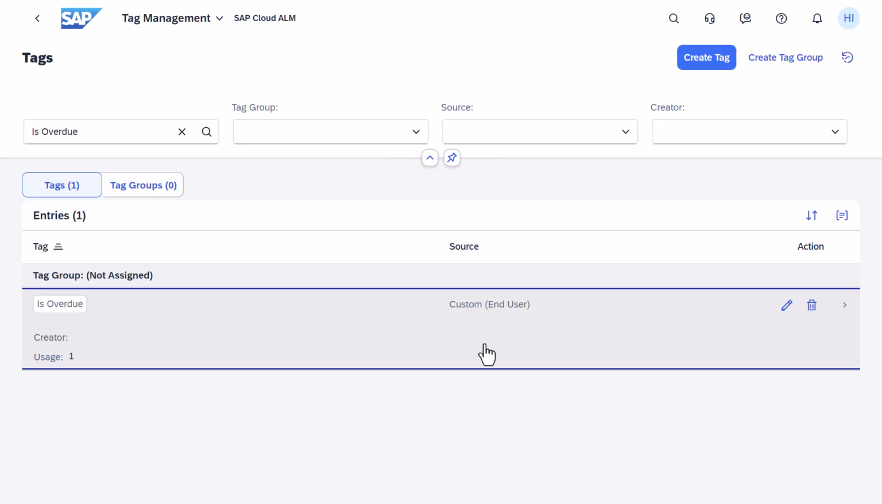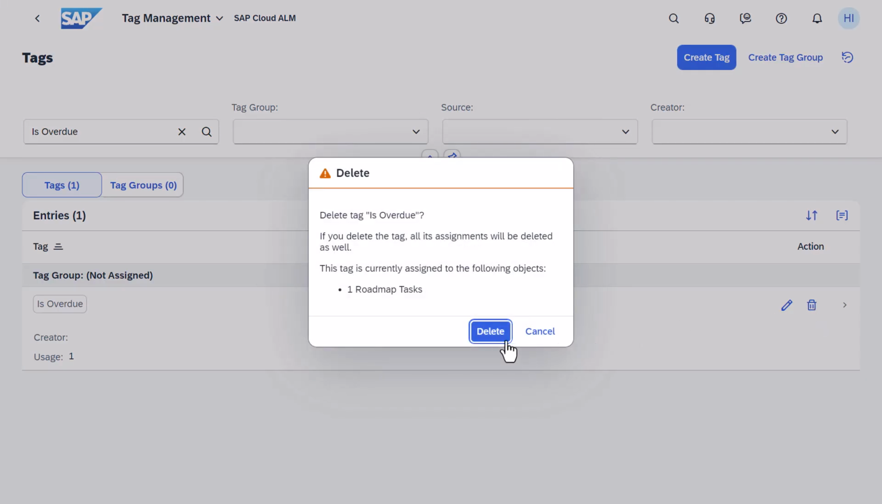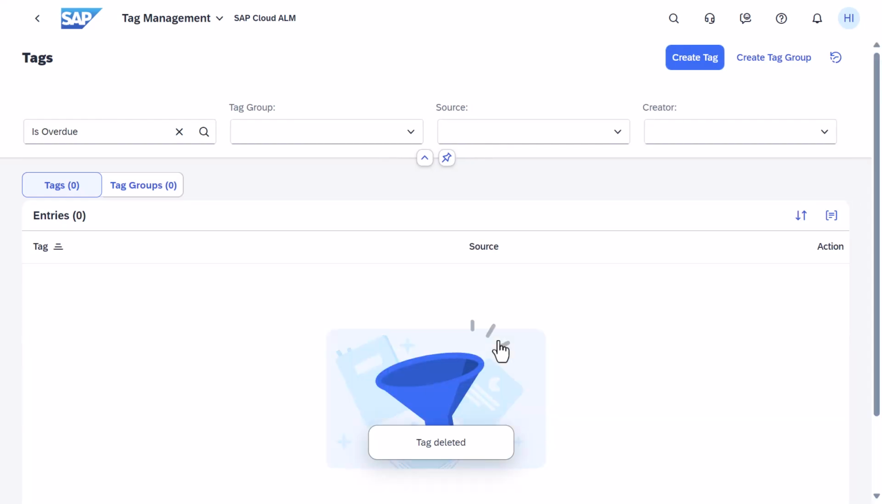To make any changes in the Tag Management app, you need to have editing rights that are assigned to your user via the Tag Administrator role. This role enables users to delete tags centrally in the Tag Management app, which results not only in the deletion of the tag itself, but also all of its assignments. If we delete the tag that I've just created, the tag as well as its assignment to the project task